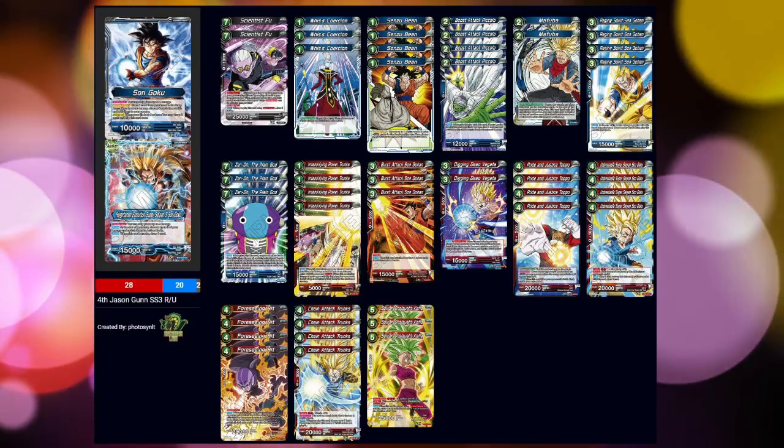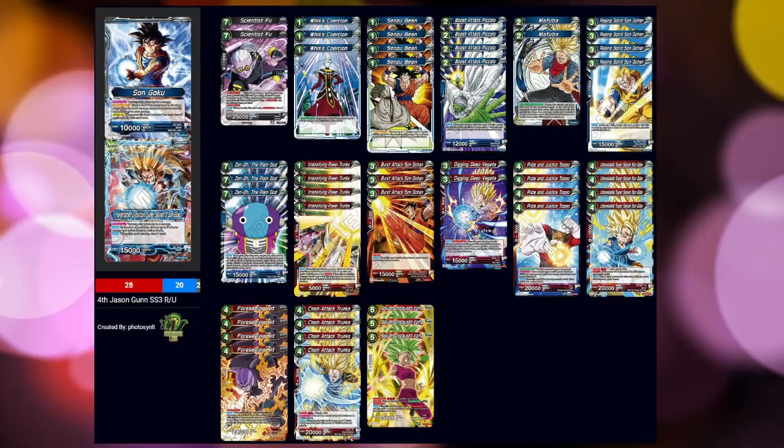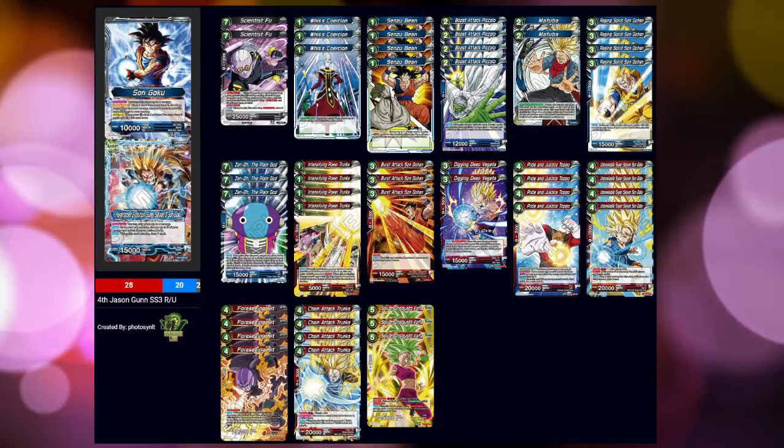Moving on to our fourth place list, we have another SS3 Red-Blue, again with a very thick defensive lineup. However, this list looks a little more standard to what we were seeing a couple weeks back with the Keflas included in it. Moving on into some of the other lists that managed to make their way into top 24,